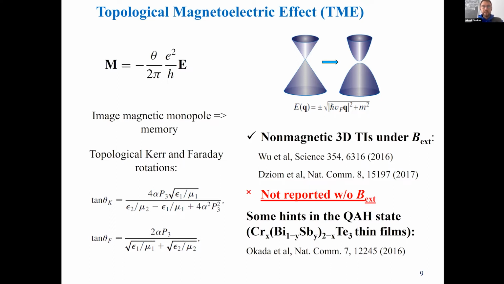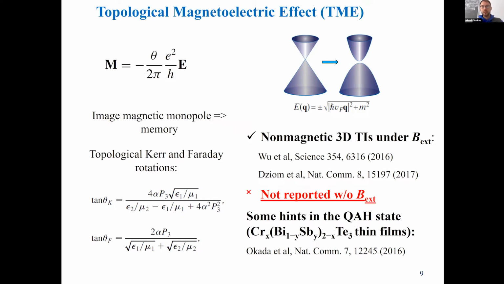And once you have achieved those conditions, you can try to realize nice consequences of this TME, topological magnetoelectric effect, such as image magnetic monopole. You can even think of memory elements based on this effect, or you can try to measure the magneto-optical quantized